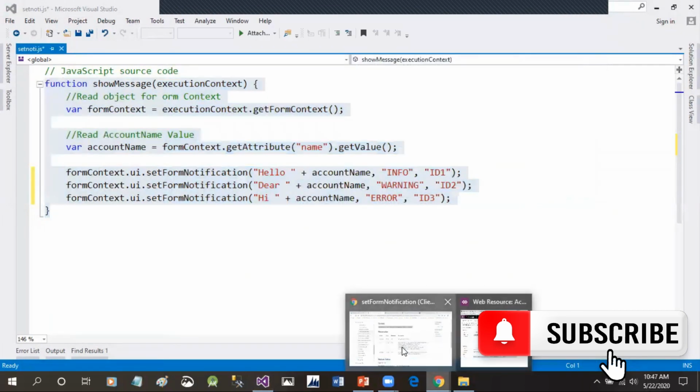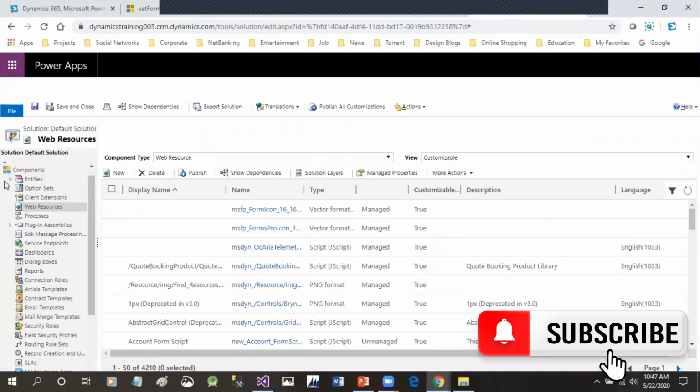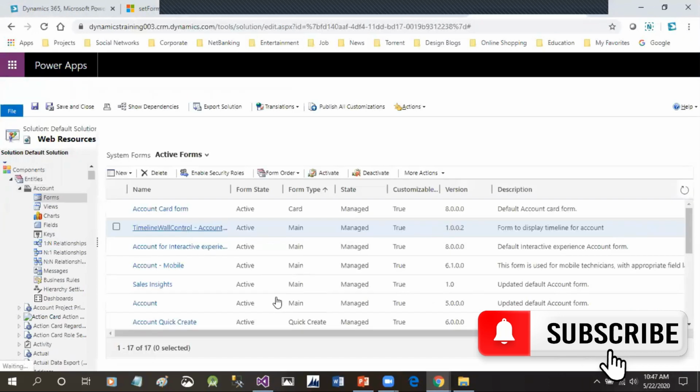Then I'll go to the solution and go to the account form and associate the function that I have written now. I just open the main form.